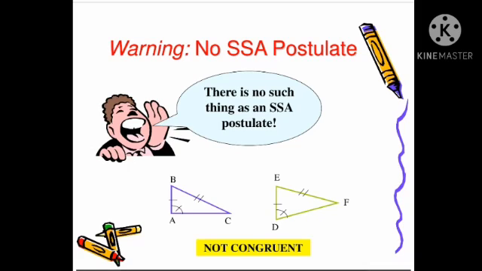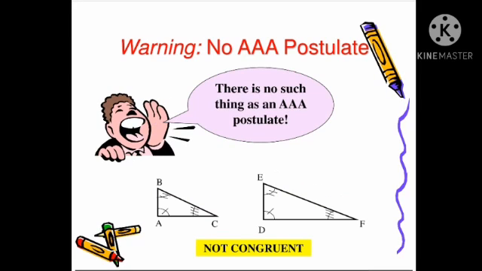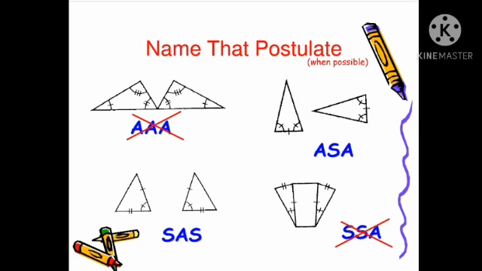One important note: we don't have a side, side, angle congruency rule. And one more, angle, angle, angle is not a congruence rule. Identify the criterion. The first figure, we don't have a congruency rule. The second picture is related to angle, side, angle. The third picture is related to the side, angle, side congruency rule. In the fourth picture, we don't have a congruency rule.